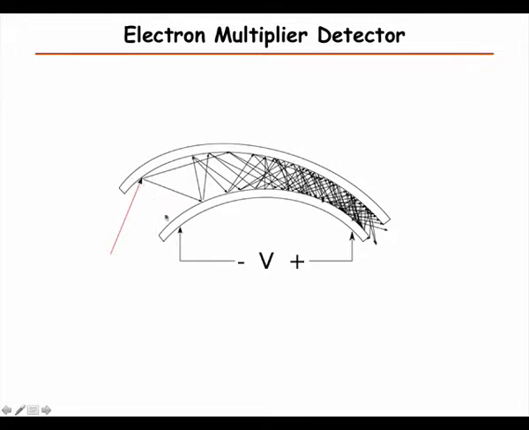Then you usually have some kind of geometry so that the electrons that get ejected will continue colliding and multiplying. And at every collision, it creates more than one electron. So in the end, you have a large current